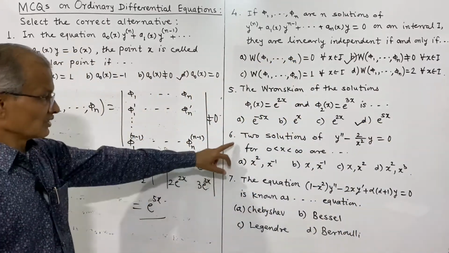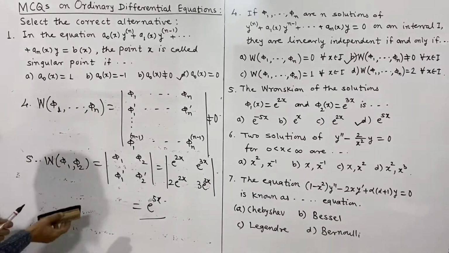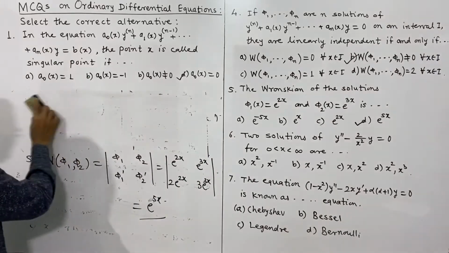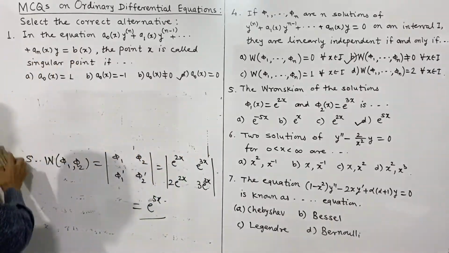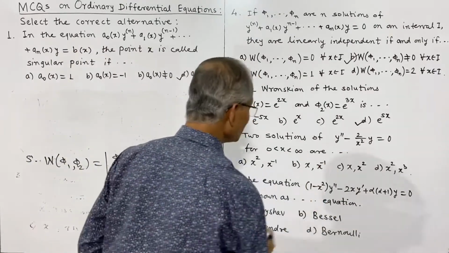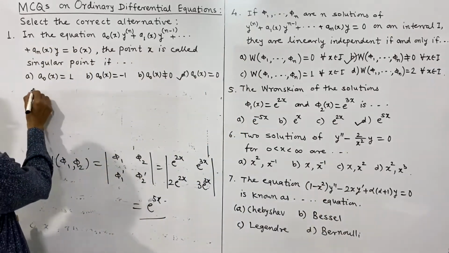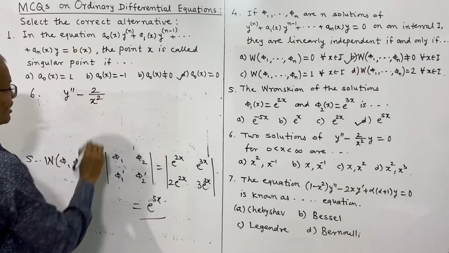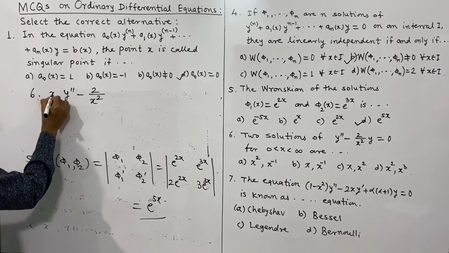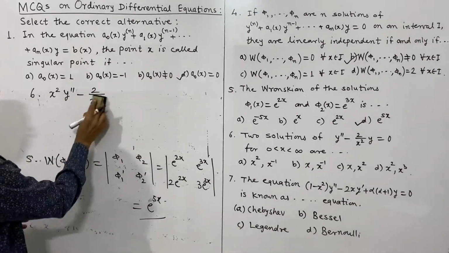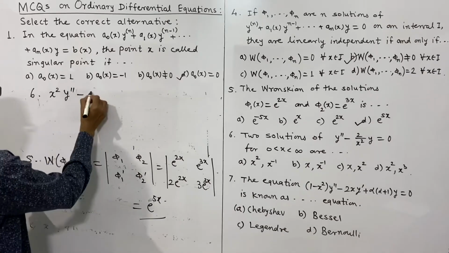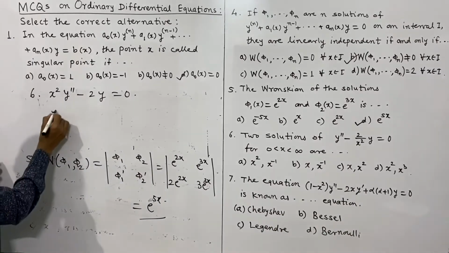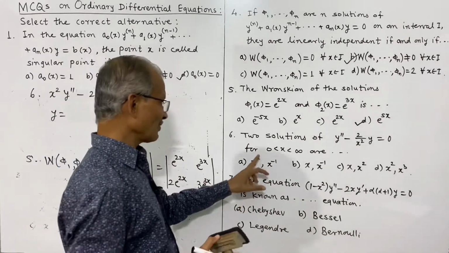Two solutions of this are what? What are the two solutions? Earlier we have seen that a solution of homogeneous equation is of the form x to the power r, and therefore the solutions of this equation, which is y double prime, that is second derivative of y minus 2 into x square, or that can also be written as x square y double prime minus 2y is equal to 0. Now we can check if y is equal to, for the first alternative, y is x square,